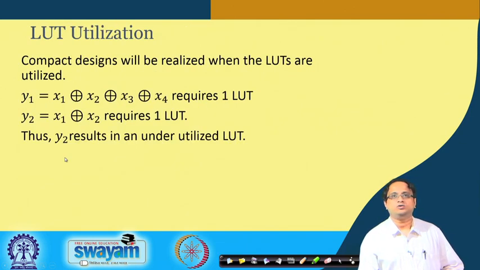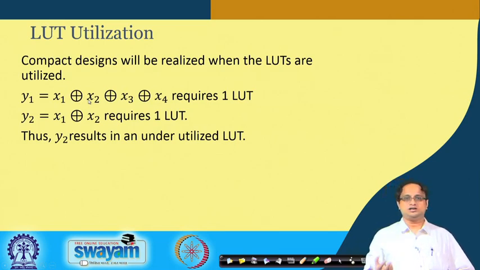Now, if you take these two Boolean functions y1 and y2, one of them is an XOR of x1, x2, x3 and x4, the other one is an XOR of x1 and x2. In terms of gate equivalence, one actually takes only one XOR, whereas the other one takes 3 XORs. So, I would expect that this one will be more consuming than this one. But if you consider FPGA designs, which is slightly different, both of them will take one LUT. Therefore, the first design, which does more computation, still needs one LUT. That means it is utilizing the LUT better.